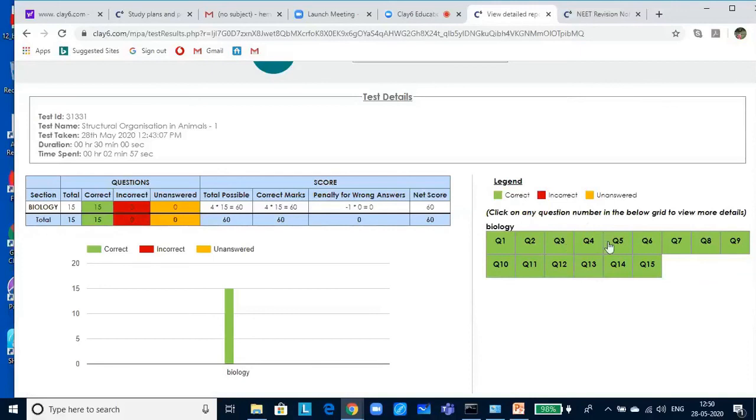If you have not attempted the question, it will show a yellow color. And if you again click on that, you will get to know the explanation and also the answer for it. Now, since it is an entrance exam you're giving and it is based on negative marking, if you're not sure of the answer, please do not click it. If you just try to guess your answers, it might cost you very dearly, because you're going to lose 1 mark from your total.